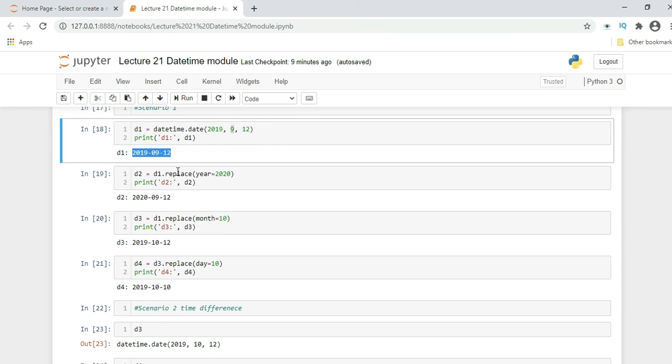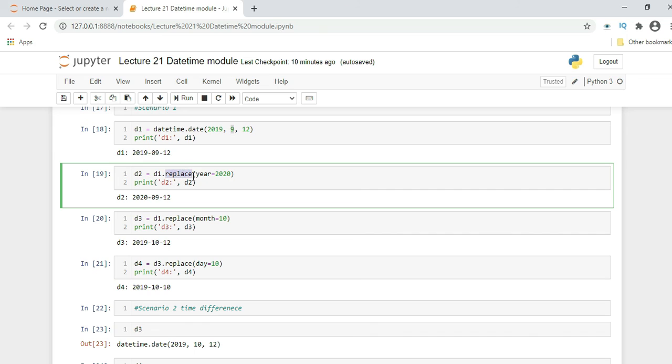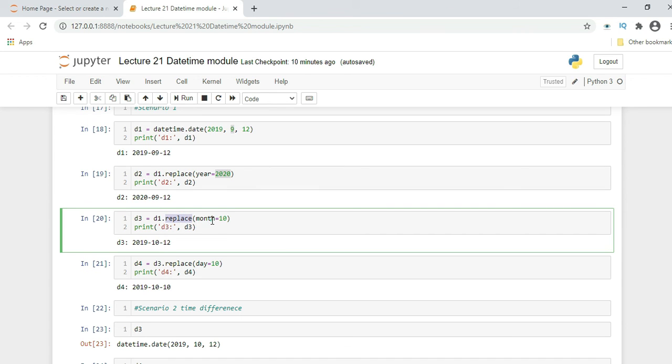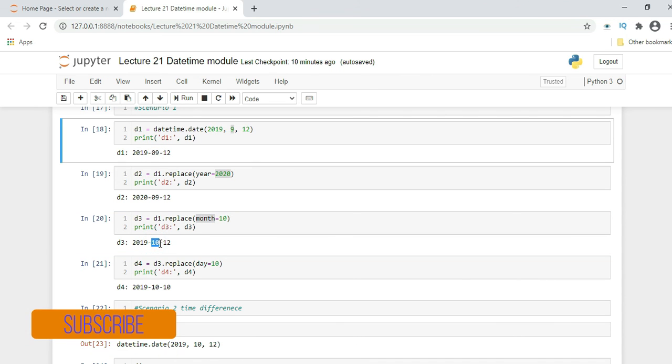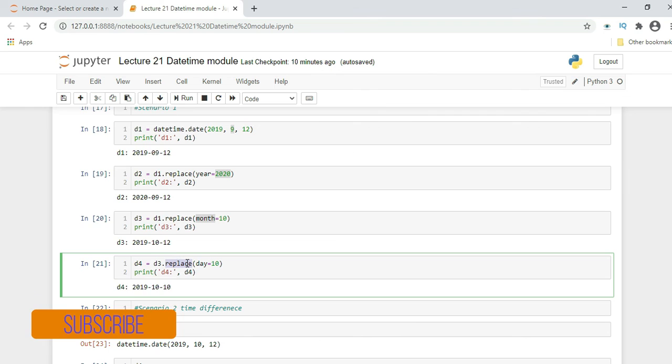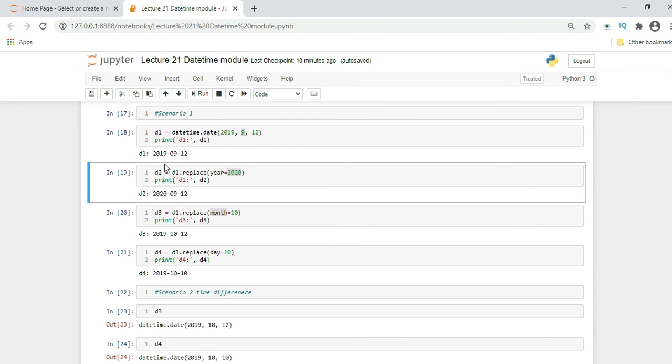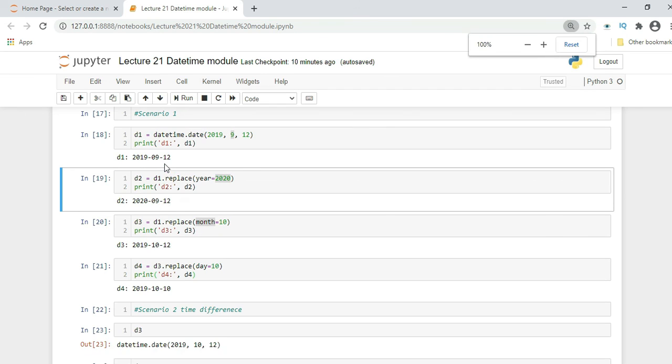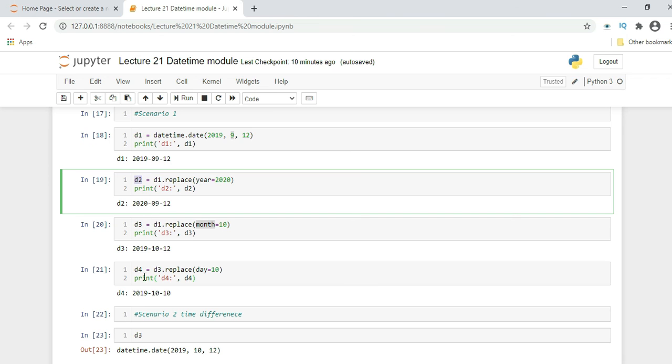Now from this variable you want to replace the year. So d1.replace(year=2020). Here if you see, you are able to replace this year. Now you want to replace the month. So d1.replace(month=10). Here if you see, this was the month, now it's getting replaced to 10. Similarly you want to replace the day, day equal to 10. So here it got replaced to 10. Just for identification purposes, we change the variable names to d1, d2, d3.